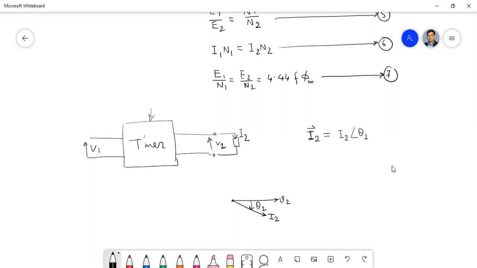Now, depending on the type of appliances you are connecting, that phase angle and the value of the current will be determined. Suppose you are connecting some LED lamp, so you will get some I2, and some theta 2. But if you connect some air conditioner, you'll get a much higher current, that you all know. Not only that, this phase angle will also be higher compared to the LED one,